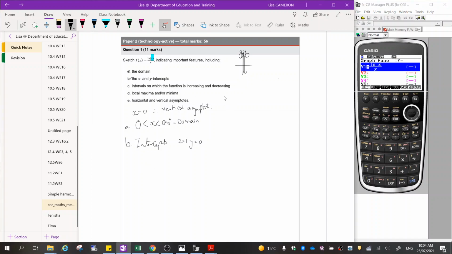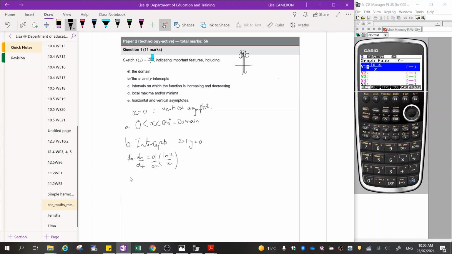Intervals on which the function is increasing and decreasing. To find that, we need to calculate the derivative of it. So dy over dx equals d over dx of ln x over x. So we're going to calculate the derivative of this function here. And because we've got an x on the top and x on the bottom,